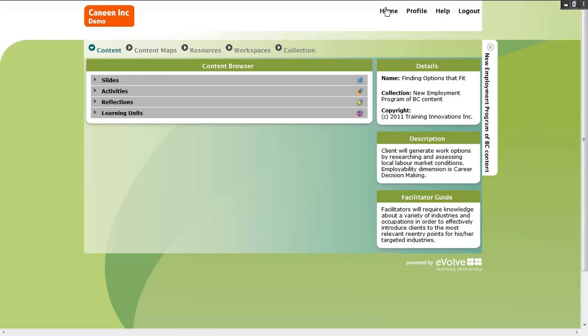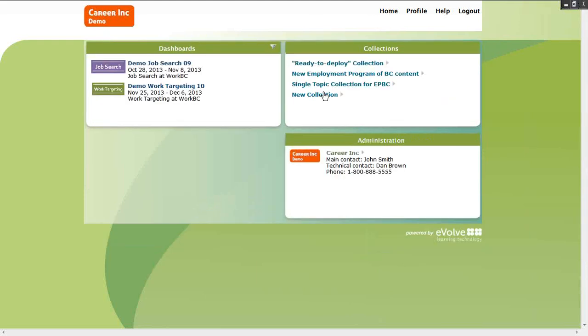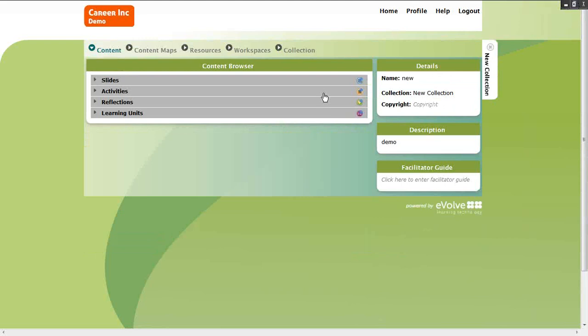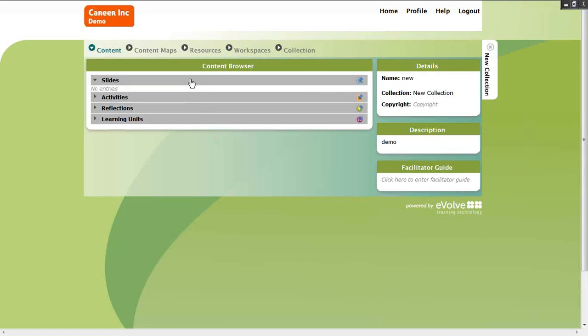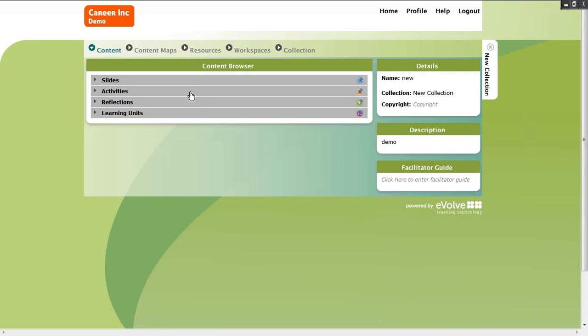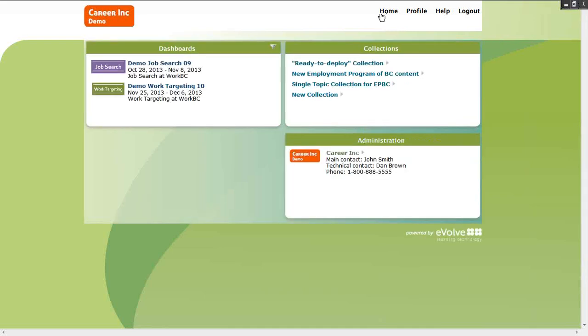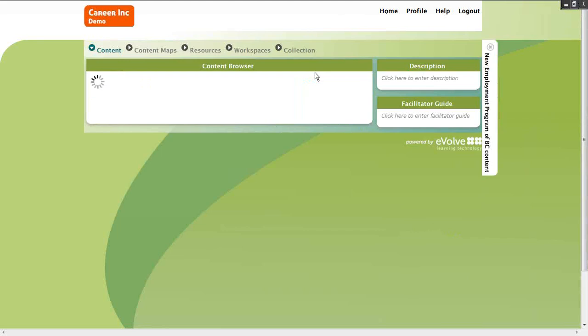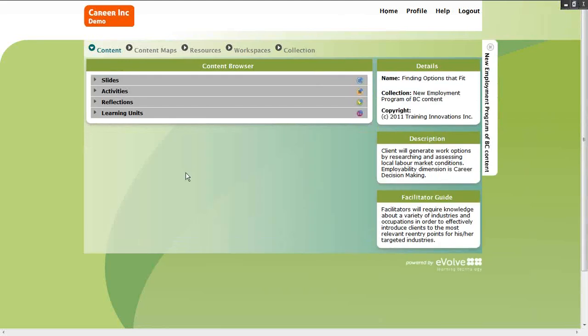If I go back home for a moment and I move into a new collection, it looks just the same, but as I open it up, you'll see this collection doesn't have any slides. There's one new activity, no reflections, and no learning units. So a collection is blank until you start to create what those slides, activities, and reflection questions are. I'm going to go back into this one that's already populated